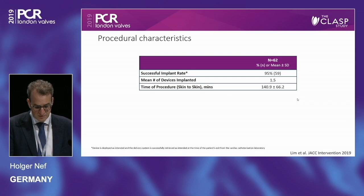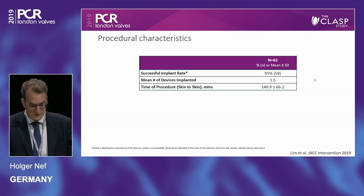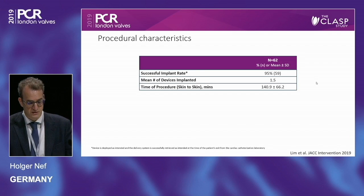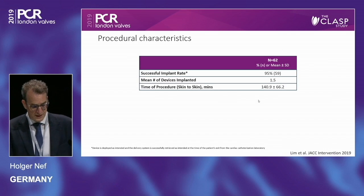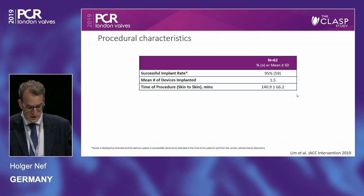In 3 patients, the implantation failed: 1 patient due to a single leaflet device attachment, and in 2 patients the PASCAL implantation could not be performed for anatomical reasons. The mean number of devices implanted was 1.4, and the time of procedure was a little bit more than 2